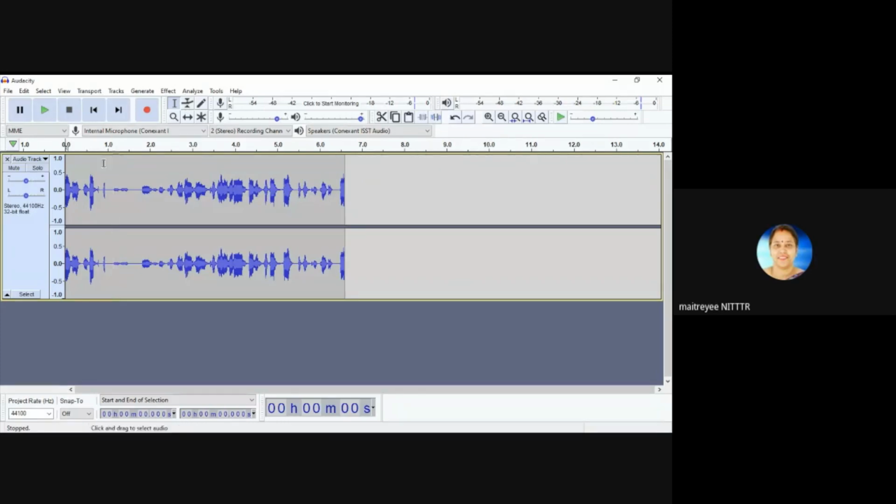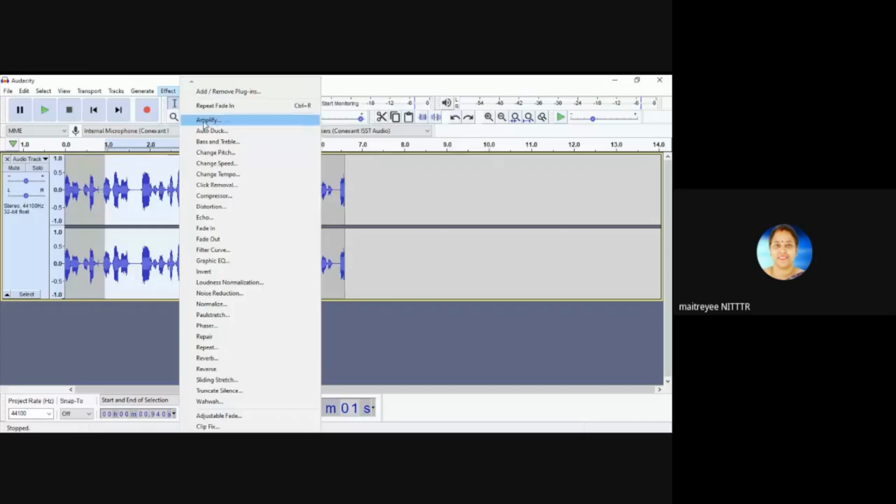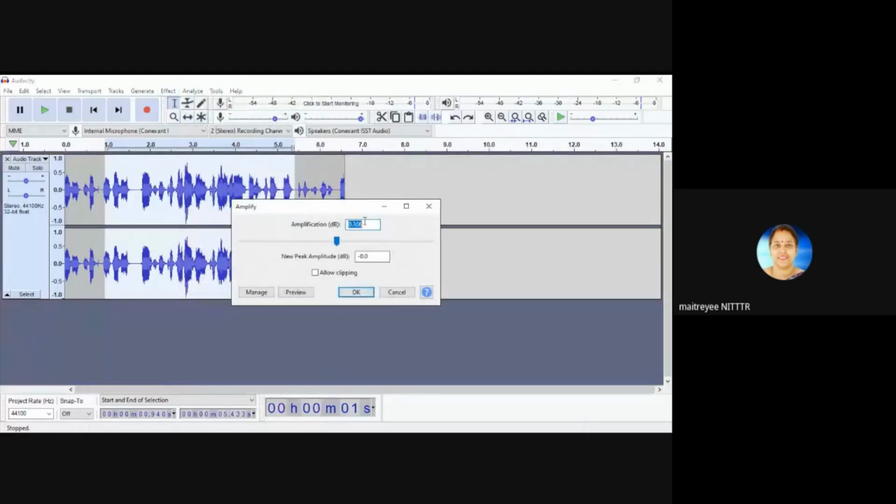Similarly, you can amplify also. This is your amplify, where you set how many dB you will change. For example, I am giving 1 dB, or 0.5 dB something. You can write it, and if you say okay, then that amplification will be done automatically.